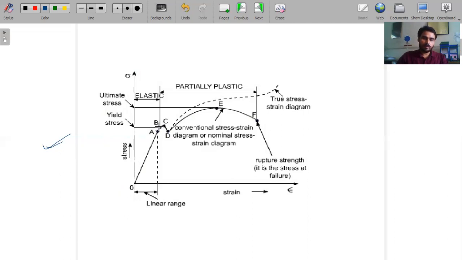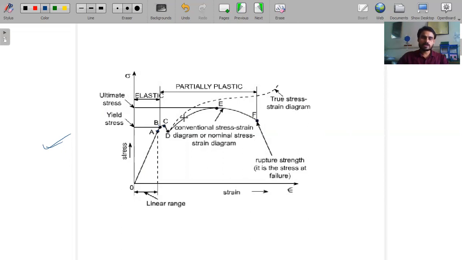After A, there is a B point very near to A, which is the elastic limit. From B, the material started deflecting permanently. And here is the C point, that is the yield point, upper yield point, and that is the lower yield point. These points are very near to each other, but for understanding, they have been shown here at a considerable distance. C point is the maximum point within the elastic limit, or maximum strength within the elastic limit. After C, the material's plastic zone started, and the deformation on the material is permanent in nature.